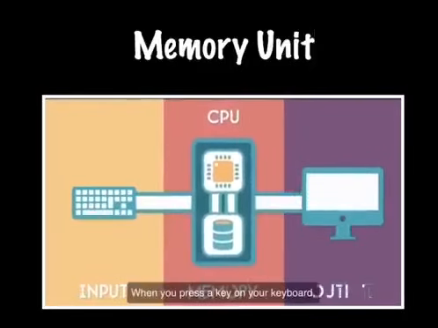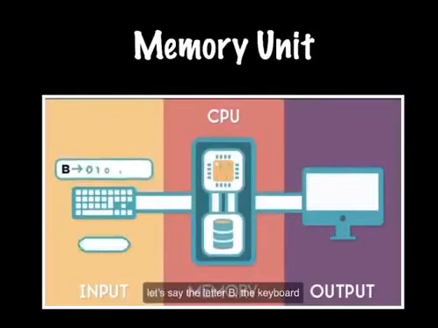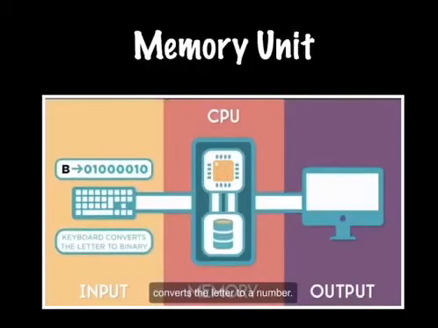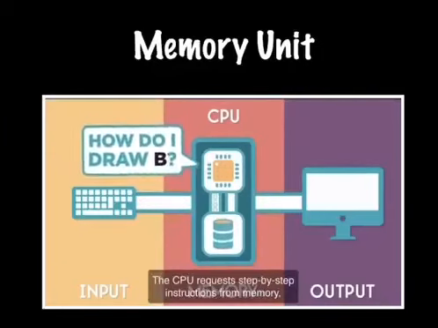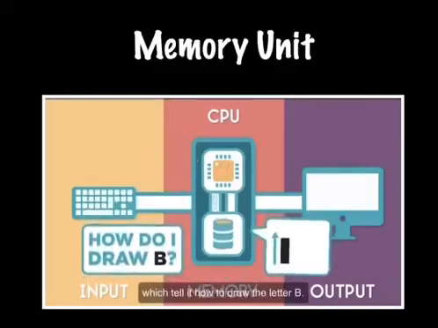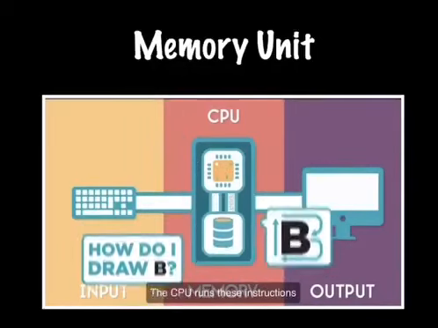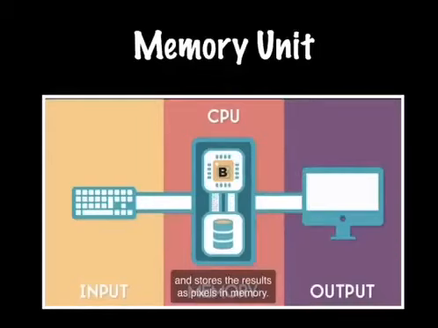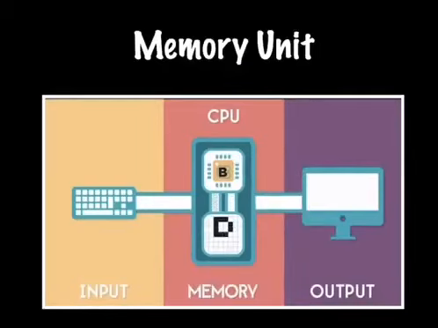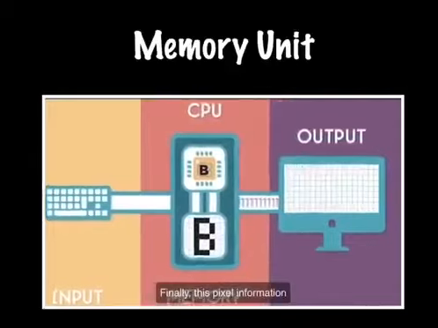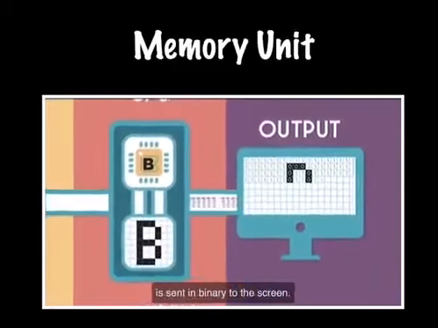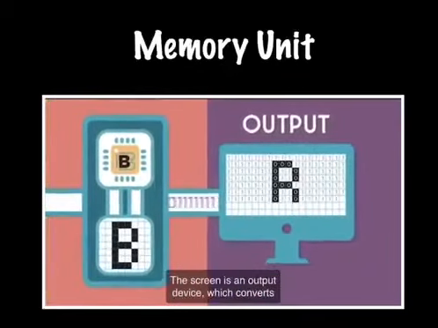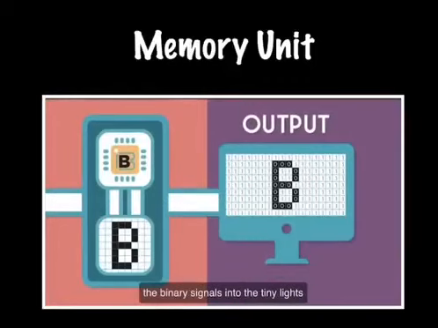So kids, now let us see the functioning of memory unit. If I give input from my keyboard, that is B, CPU converts B into the binary numbers in the form of 1 and 0 that our computer understands. So it goes to the memory unit and it will tell you how to draw B on our monitor screen. In memory unit, CPU processes the B in the form of binary numbers and gives it in the form of output to our monitor screen.